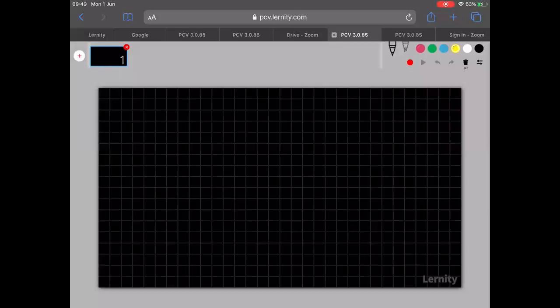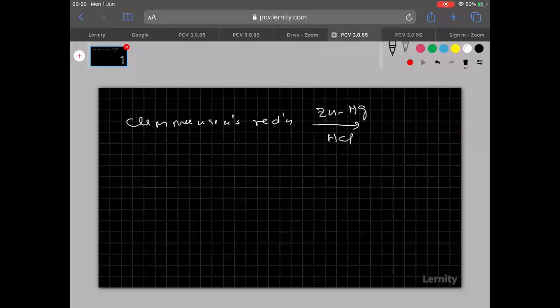So, in the last class, I think I explained to you about the Clemmensen and Wolff-Kishner reductions. I want to give a brief recap of the last class. Everyone knows Clemmensen's reduction; these two are very important. In Clemmensen's reduction, what is the reagent used? Zinc amalgam and HCl. Next is the Wolff-Kishner reduction.